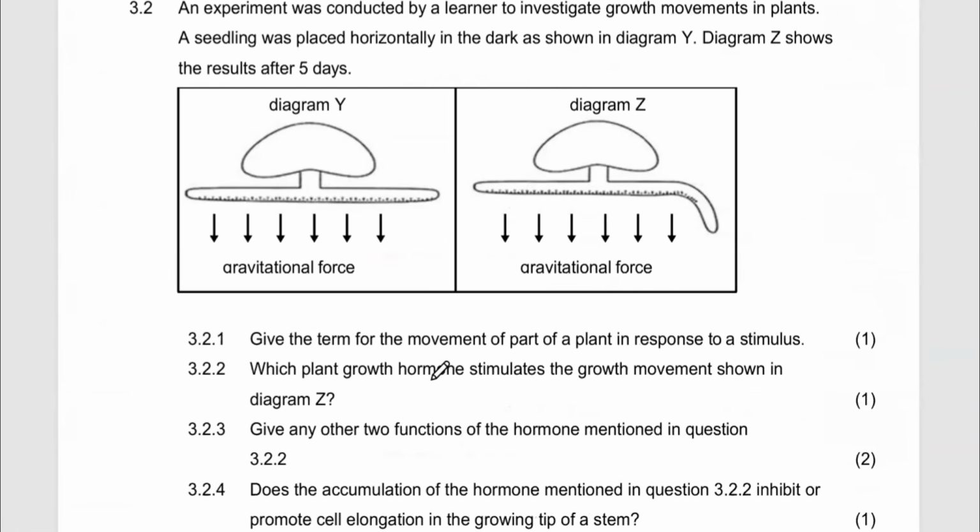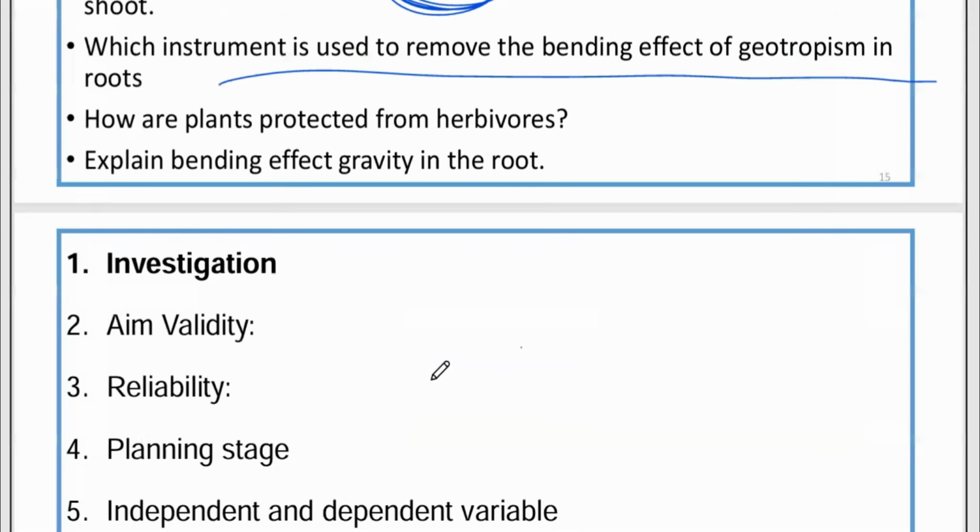In this case, you see that, give the term for movement of a plant in response to a stimulus. If you look at this, it shows that it's bending downwards due to gravity. So it means that it's going to be geotropism. Anyway, there is a question sometimes we ask you